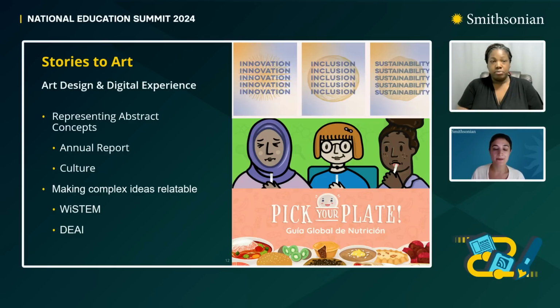In order to represent abstract concepts, such as our center's mission or a people's culture, having a deeper understanding of the fundamentals of art is a good place to start. In our annual report, I use the fundamentals of shape and line to visualize our mission's pillars: innovation, inclusion, and sustainability, to simply and effectively create a language of meaning acting as a through line for the stories, as well as embodiments of their respective missions. For example, to visualize the concept of sustainability, the sphere designed gives the impression of the inner rings of a tree that has lived a long life, inspiring readers to work toward environmental longevity through sustainable action.